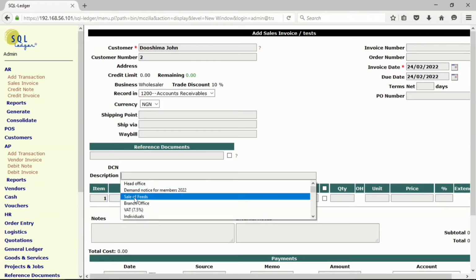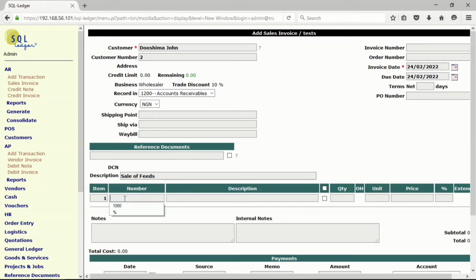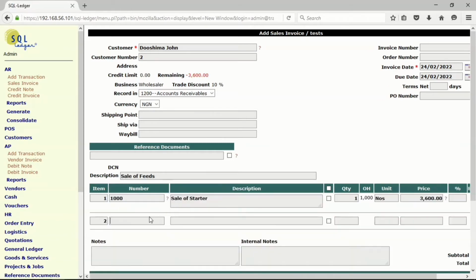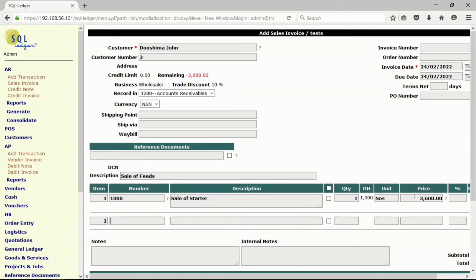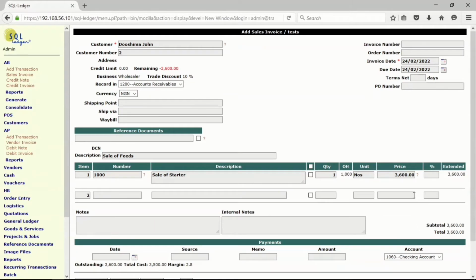Let's put a description for the sale of it, and we have the code here again. You could see immediately the price has been reduced. That product used to be sold for 4,000, but because this man is a wholesaler that we're going to sell, the price has been reduced. The discount has been automatically applied to the customer. Let's assume he is going to buy